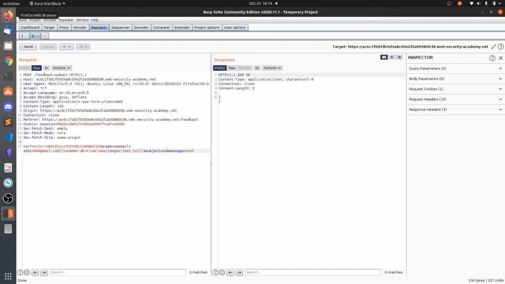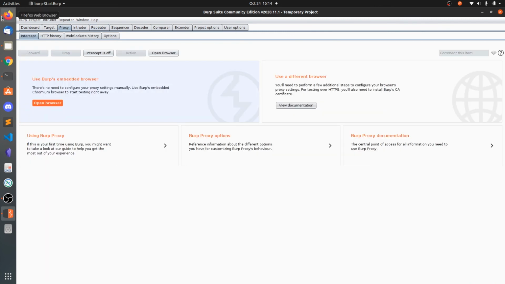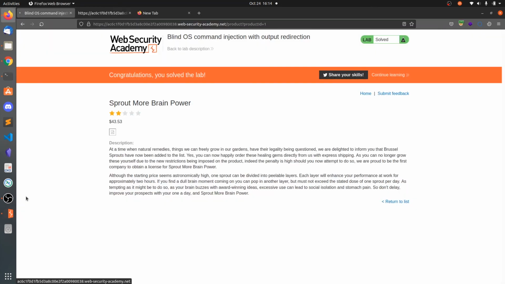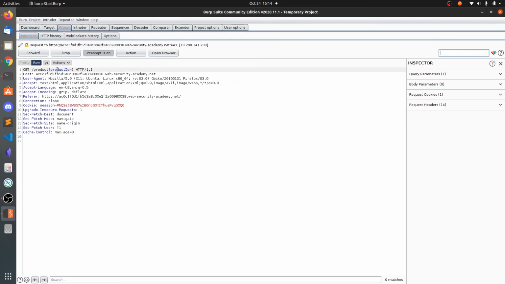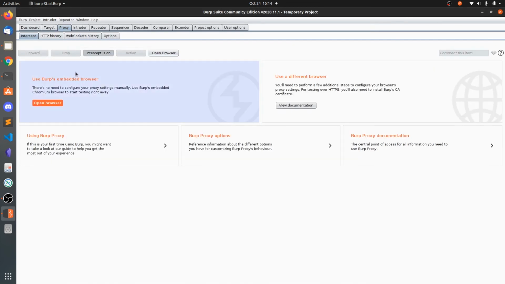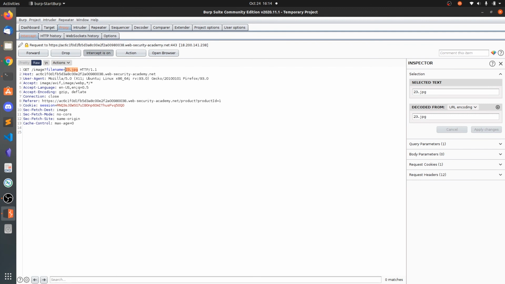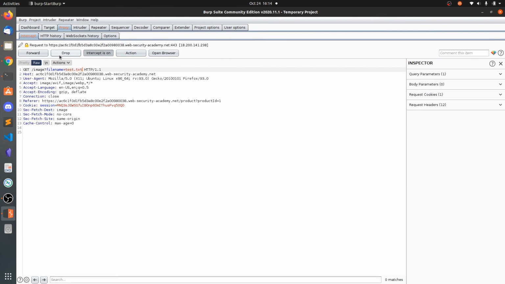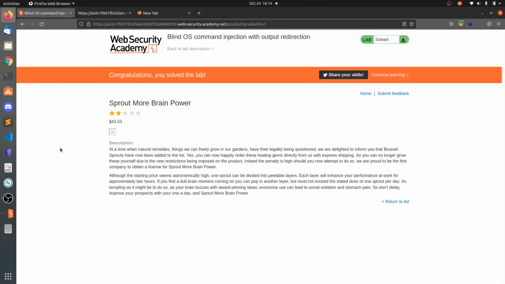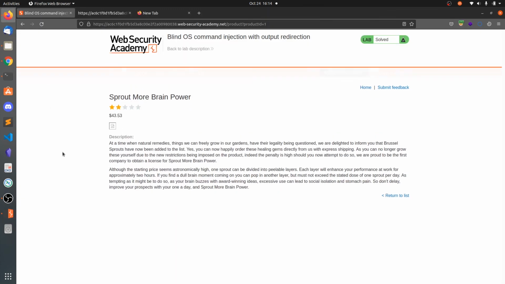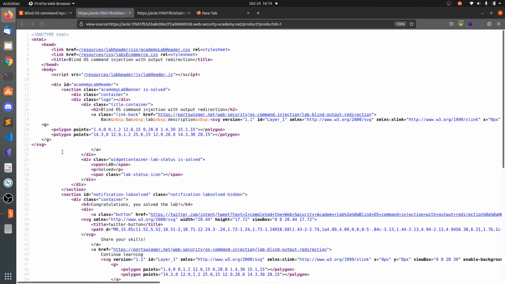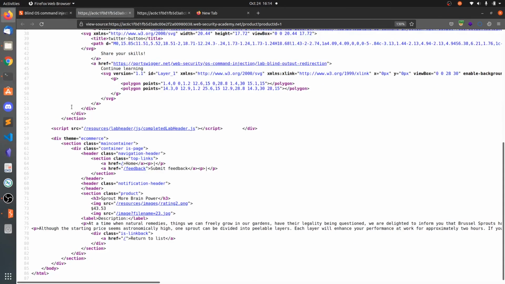Let's send this and intercept the request and forward this one. So here we need to change this to test.txt. So let's forward this, forward, intercept off. Okay, we are not getting any kind of output because maybe the lab was designed like this.